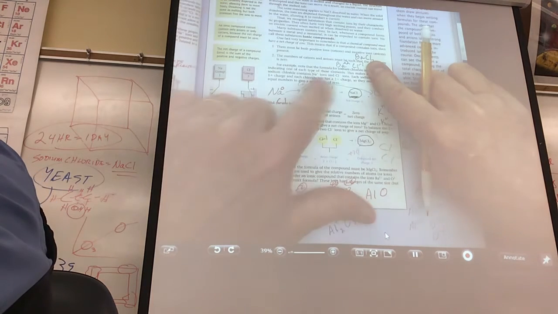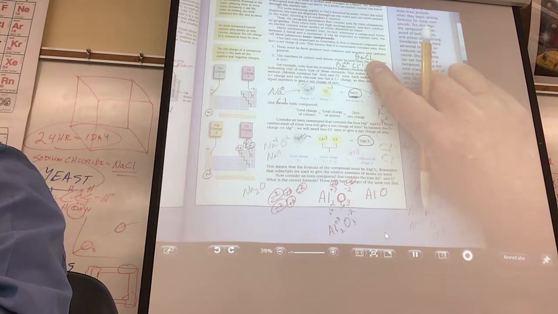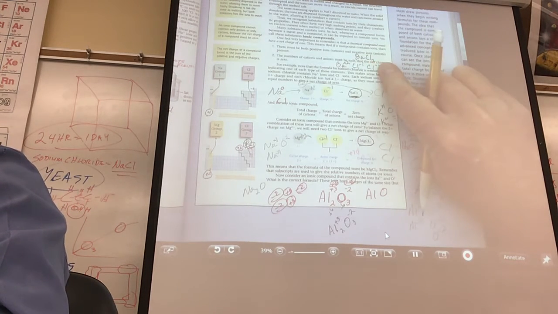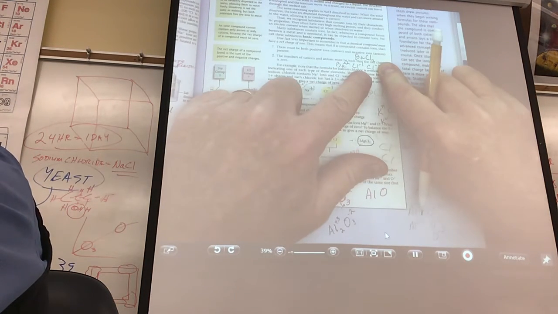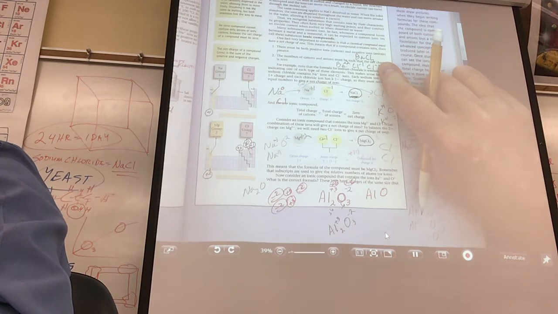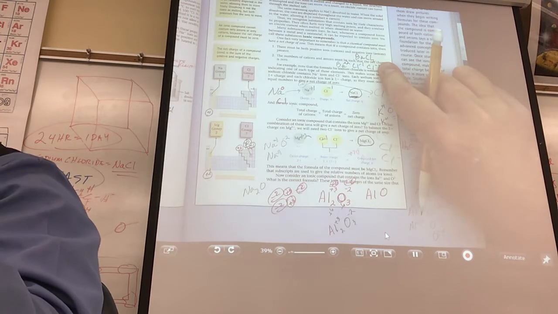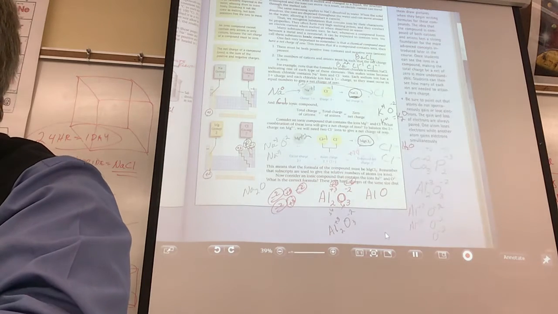If I'm going to give away 2 electrons and you took one of them, what happened to the other one I gave away? Who do you think? Let's see how smart you are today. Another chlorine. Yes. So what if you had 1 barium and 2 chlorines? Would that make a compound? Yes. So how would you write the formula? Ba, they never write the 1 subscript. Ba, Cl2, that's it.